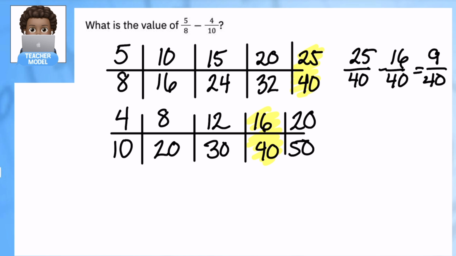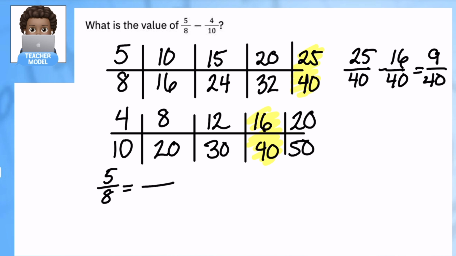Now I want to give you one more method that can help with this. Again, this is helpful if you know what your common denominators are. There are some kids who can look at 8 and 10 and find a common multiple and say, well, 40 is a common multiple. Or let's say a kid says 80 is a common multiple. Let's go a little bigger, where some kids just multiply the two numbers to get 80. So what you can do